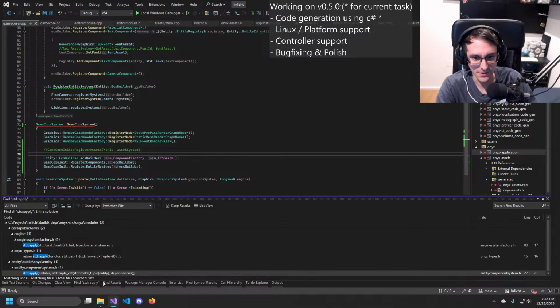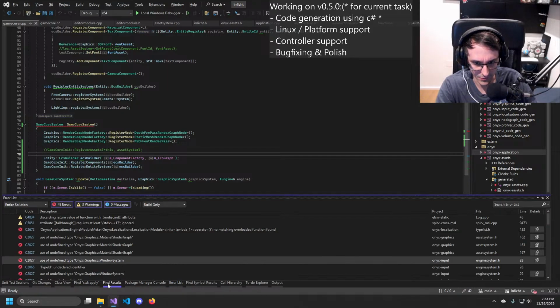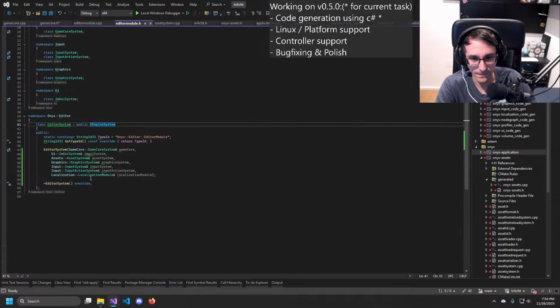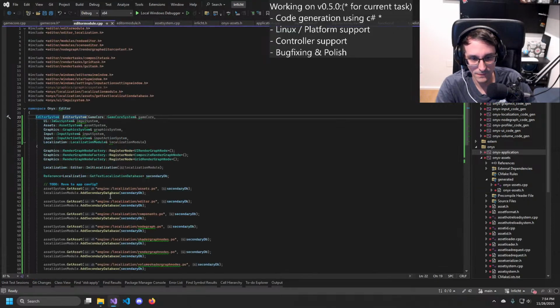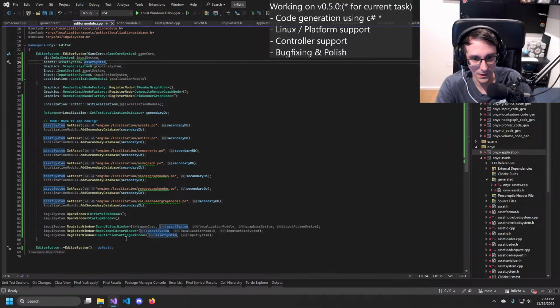Wait, do the other systems then actually need the asset system? It's the other good question, right? Editor system. Okay, yeah, that one needs it.